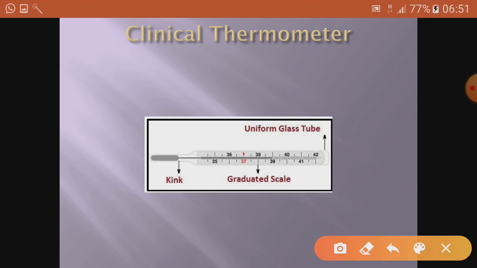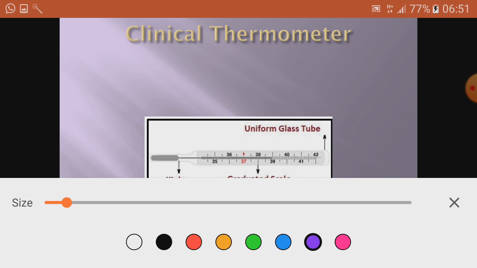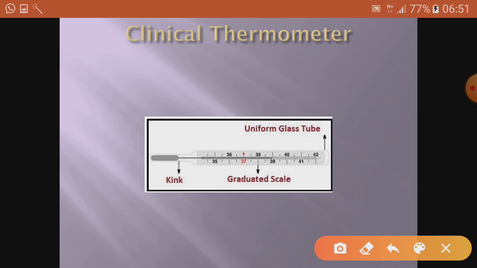The clinical thermometer has some very important characteristics. It has the bulb, which is not labeled here. This is the bulb. Inside the bulb, mercury is filled. Mercury is considered quite poisonous, but it has good features which are important for telling the temperature, because it expands on heating. Whenever we keep it inside our mouth, it expands on heating and moves in the capillary in this glass tube. It moves upward as per the body temperature.